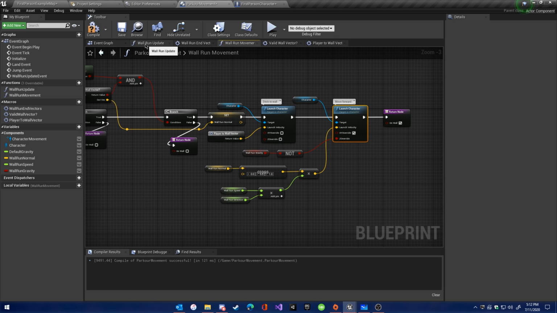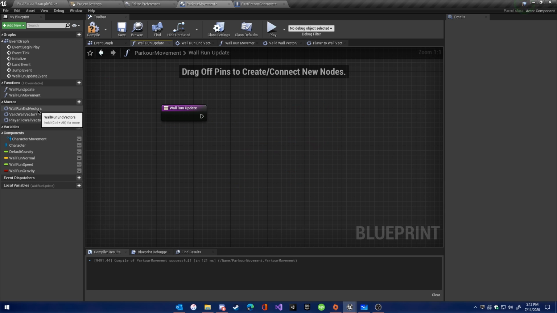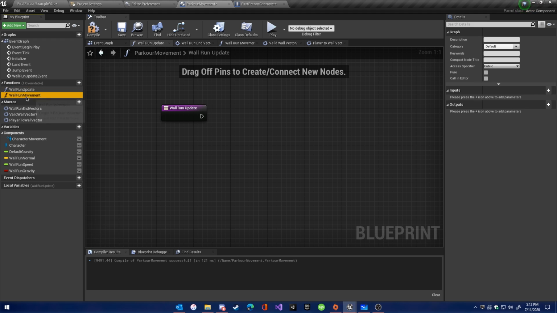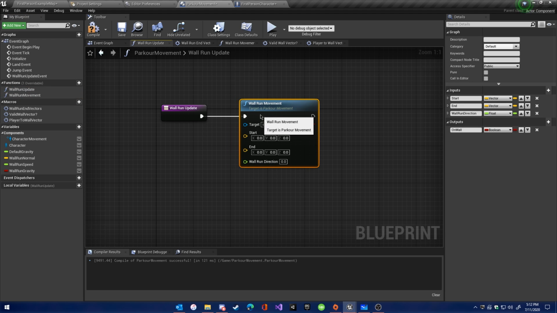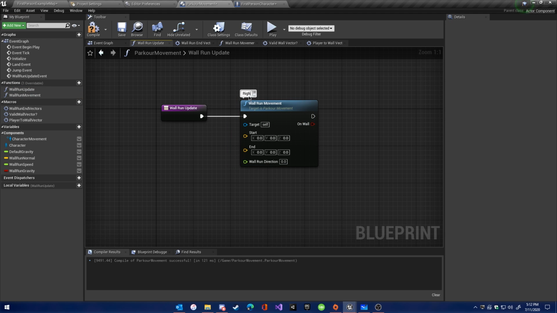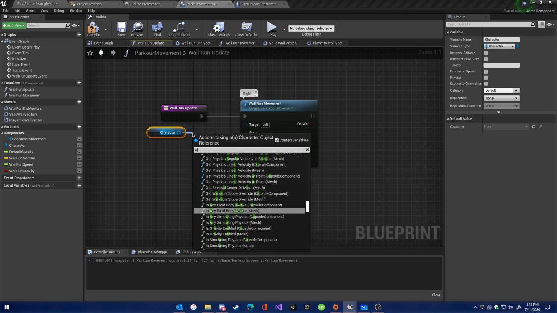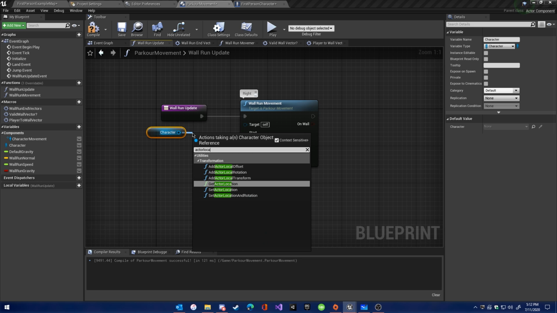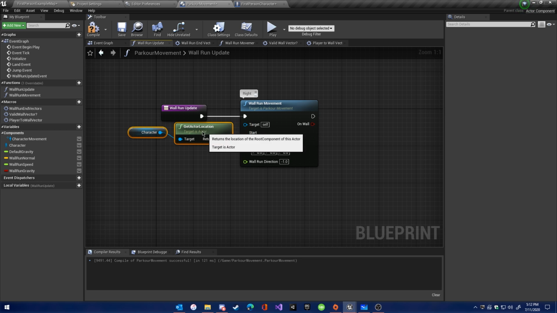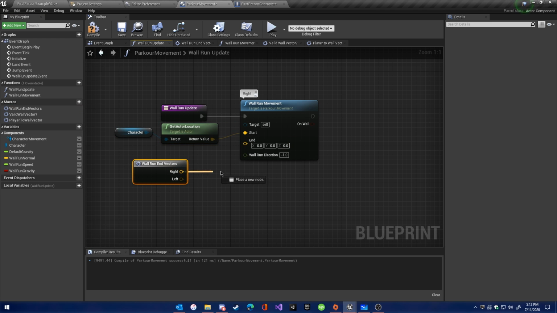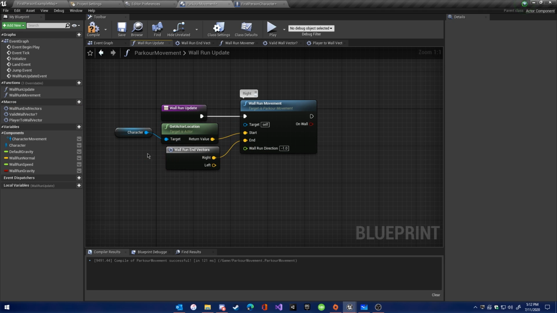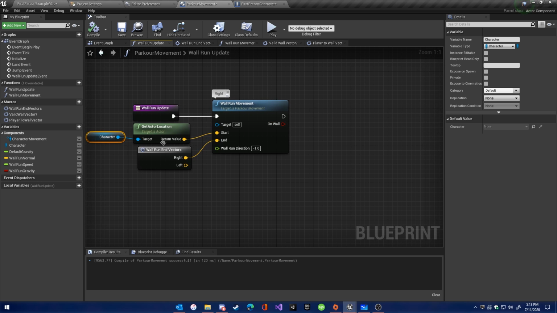So now that we have that set up, we can go back to our wall run update function and call our wall run movement. We'll start on the right side. Our direction is going to be -1, and we're going to pass in our start and end vectors. So the start vector is going to be the actor location, and the end vector is going to be our right end point. So if we do hit the wall on the right vector,